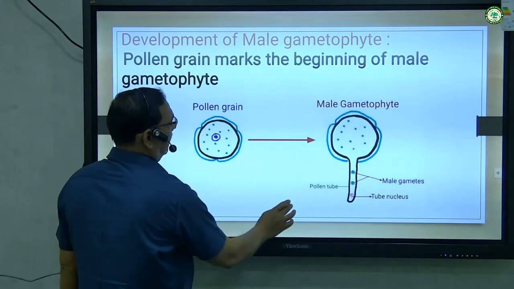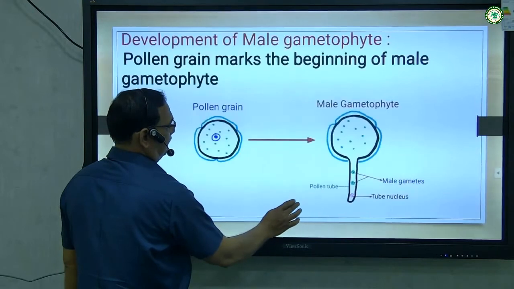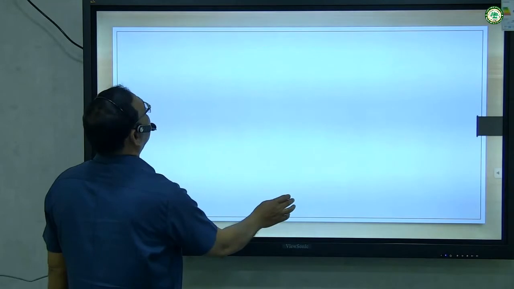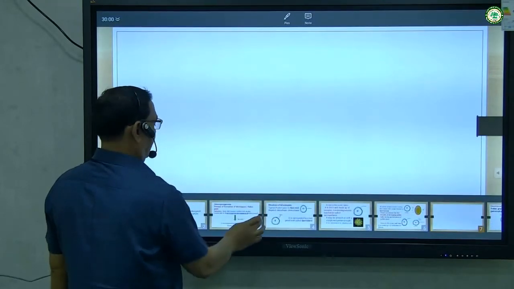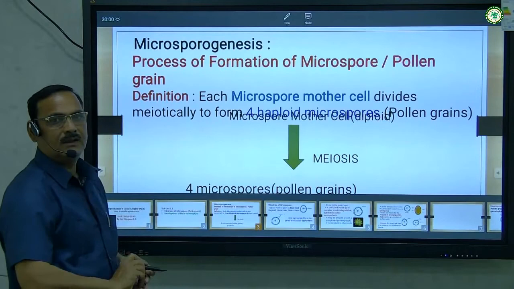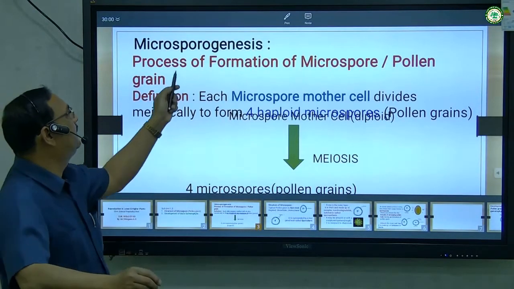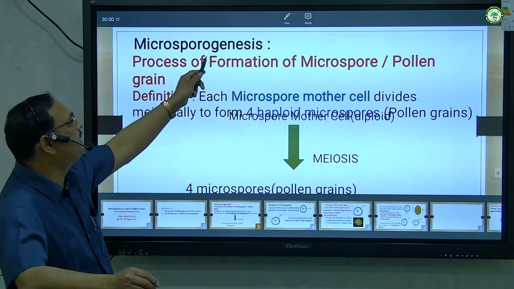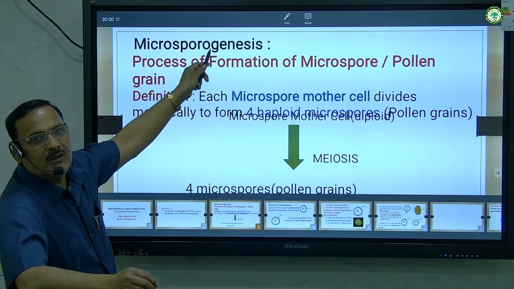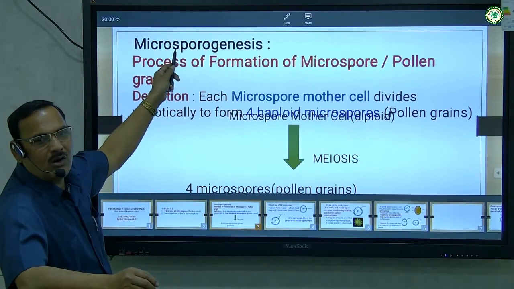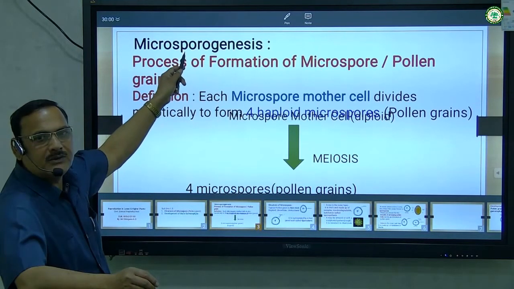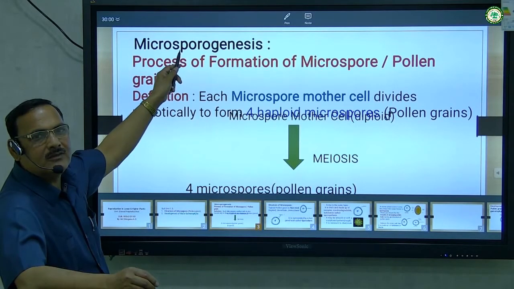Now the next slide we will be studying is how the pollen grains are formed. These pollen grains are produced by the process called microsporogenesis. The meaning of this word: genesis means to produce, micro means small or tiny. So the pollen grains are the tiny spores which are produced by the process called